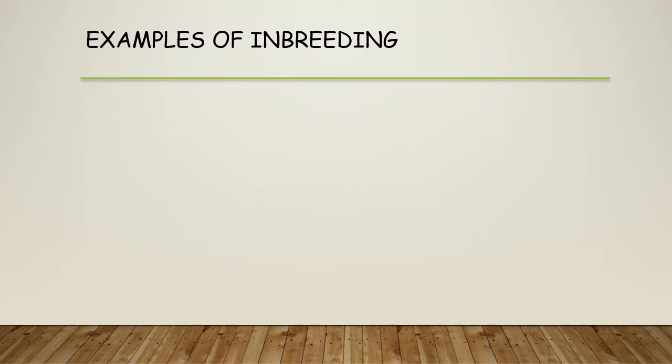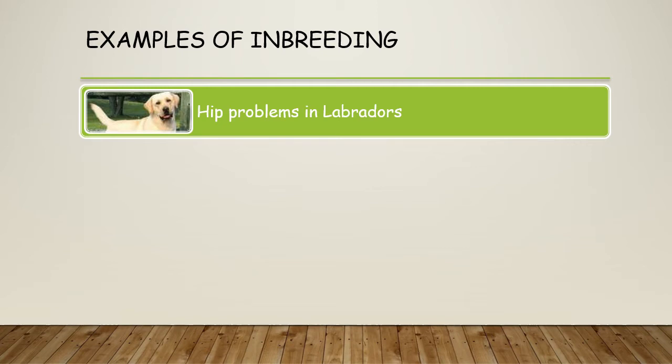So here are some examples of inbreeding problems. The first one I'm quite familiar with: hip problems in Labradors. When you buy your Labrador puppy from a reputable breeder, you'll get the hip scores from mother and father, which will give you an indication of, hopefully, the lack of future problems you'll have with the hips in your lab. If you go to a dodgy breeder, then you might not get the hip score, or you might get poor hip scores,